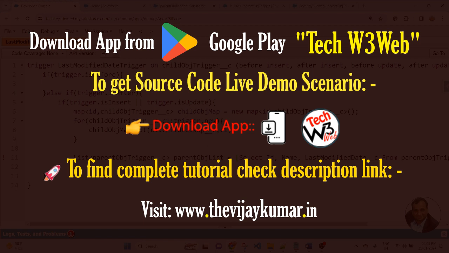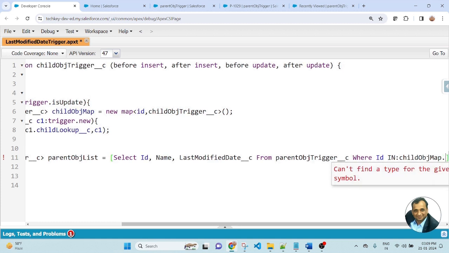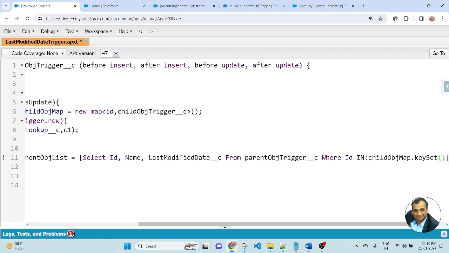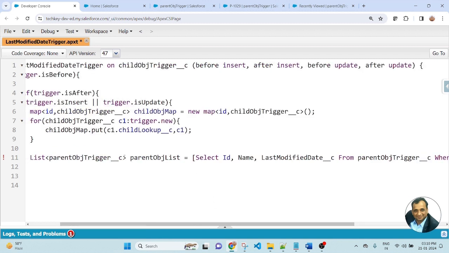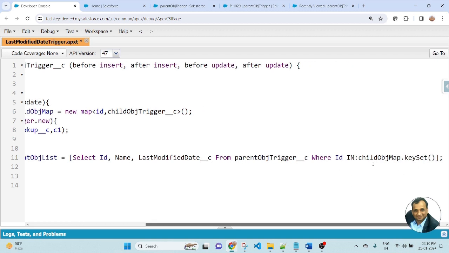So I will get the Id from the child object map: child object map dot keySet. Here I am writing a SOQL query on the parent object: select Id, name, last modified date, which is a custom field from the parent object, where Id in, I am getting the lookup Id from the map.